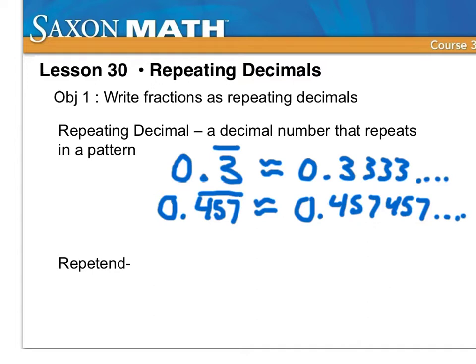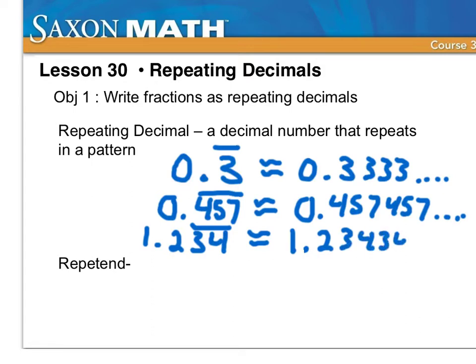It could be something like 1.234, and look like this. That means 1.2 and the 3-4 repeats. 3-4, 3-4, 3-4, and so on. Notice the only part that repeats in a repeating decimal is the part with this little